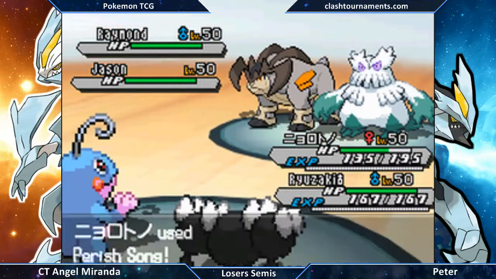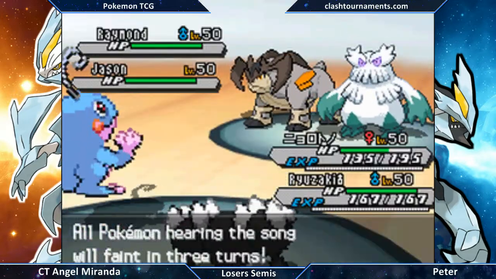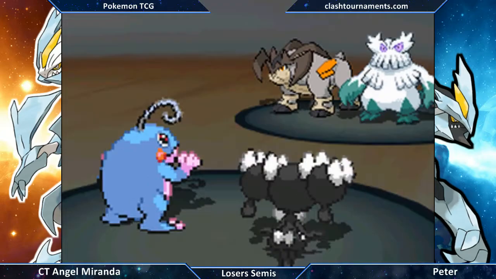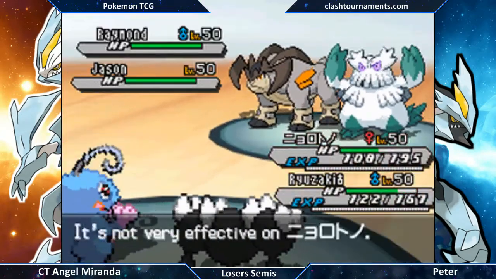Shout out to Ryuzaki, by the way, if she's watching. Hey Ryuzaki. And Angel goes immediately for the Perish Song, not even hesitating. Yeah. Here we see the Blizzard, another spread move, which is interesting considering Abomasnow could have probably